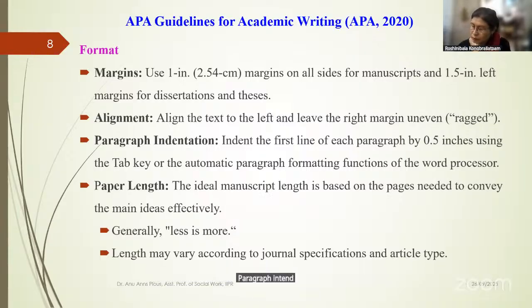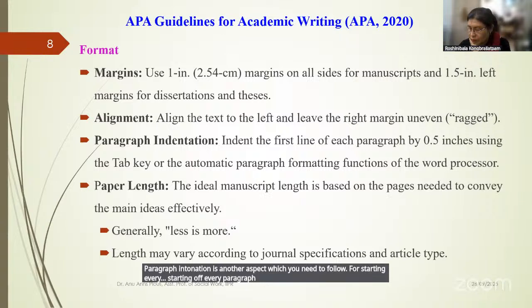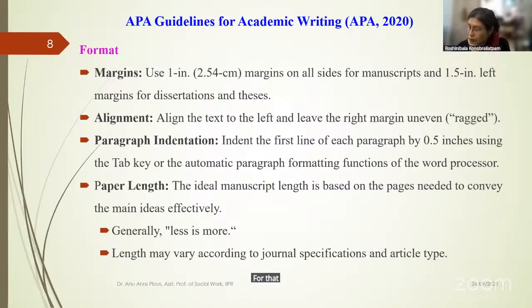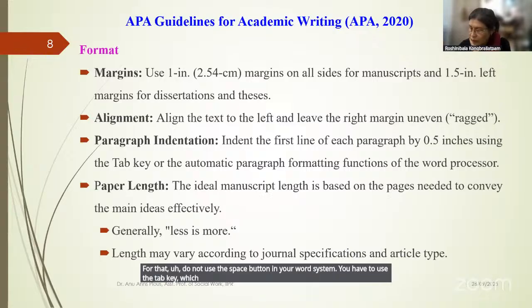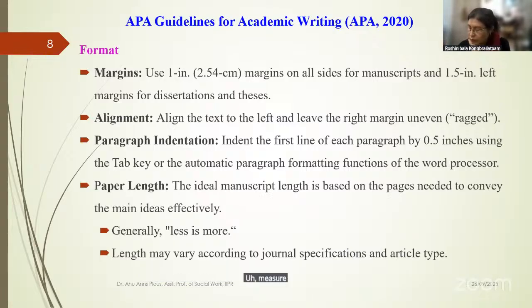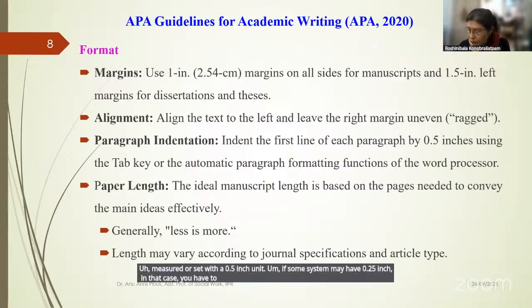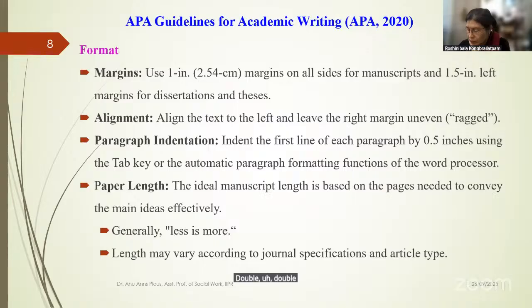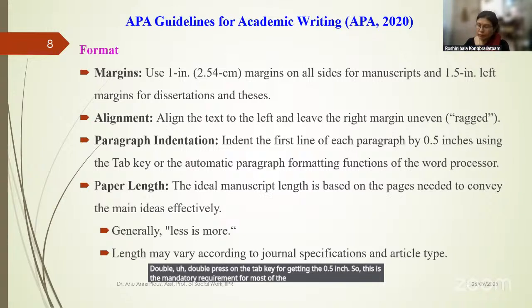Paragraph indentation is another aspect which you need to follow. For the start of every paragraph, the first line should be indented by 0.5 inch. And for that, do not use the space button in your Word system. You have to use the tab key, which is automatically set to the 0.5 inch unit. If some systems have 0.25 inch, in that case, you have to press the tab key twice to get 0.5 inch. So this is the mandatory requirement for most research reports, either in universities or in colleges or in